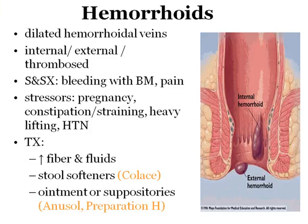Hemorrhoids are dilated hemorrhoidal veins and can be found internally on the inside where you can't see them. They can be external where they are obvious, or thrombosed. Thrombosed hemorrhoids can occur on the inside or outside, but when we have thrombosed, they are engorged with blood, and often there is a clot that is formed on the inside. They're very, very painful. Signs and symptoms can range from anything as far as asymptomatic to bleeding with bowel movement